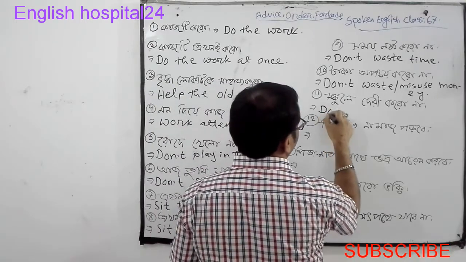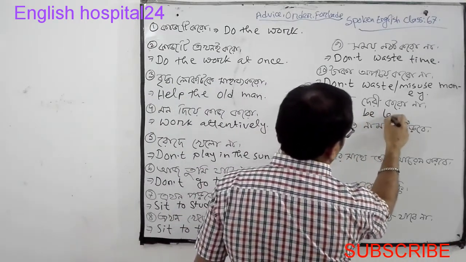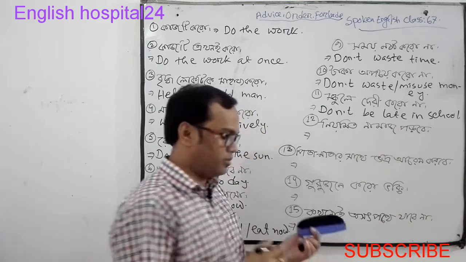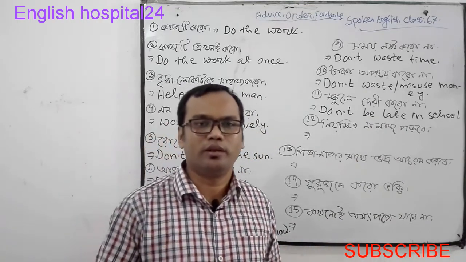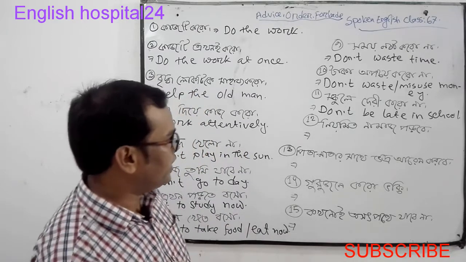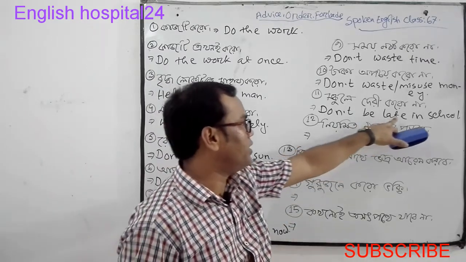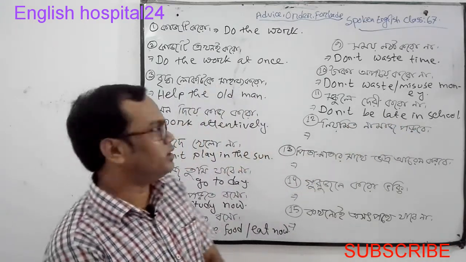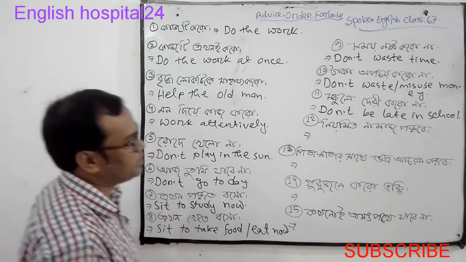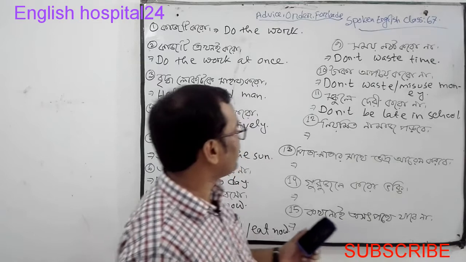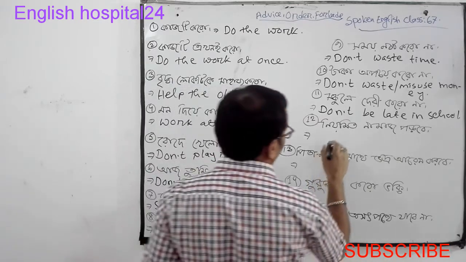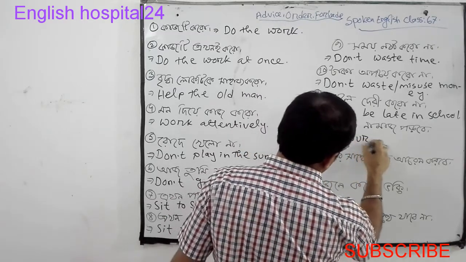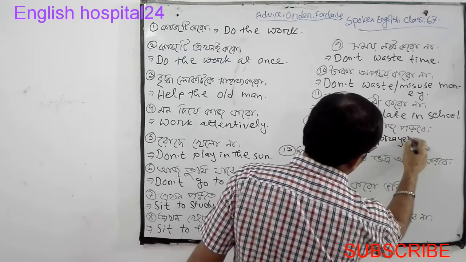স্কুলে দেরি করো না, তাহলে don't be late in school, don't be late in school। বাচ্চাদেরকে আমরা এরকম নিষেধ করতে পারি বা আদেশ করতে পারি, উপদেশ দিতে পারি। এখন ডু নটের উপর একটি ভার্ব বসাতে হবে, লেট হচ্ছে অ্যাডজেক্টিভ, তাহলে এখানে আমার ভার্ব বসাতে হবে হওয়া, যাওয়া, খাওয়া। এক্ষেত্রে মূল ভার্ব যদি না থাকে সেক্ষেত্রে আমরা বি শব্দটিকে ব্যবহার করতে পারি ভার্ব হিসেবে। ডোন্ট বি লেট ইন স্কুল, স্কুলে দেরি করো না।